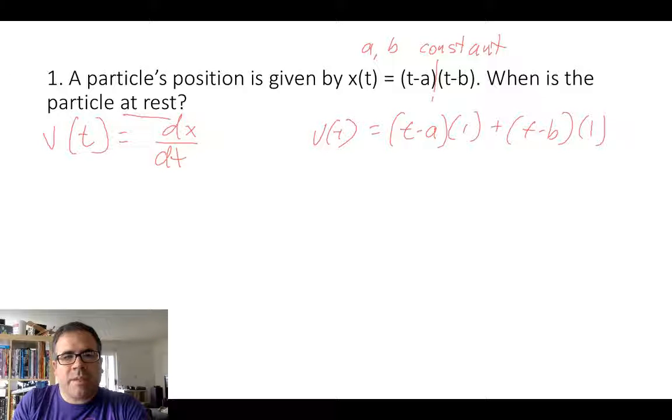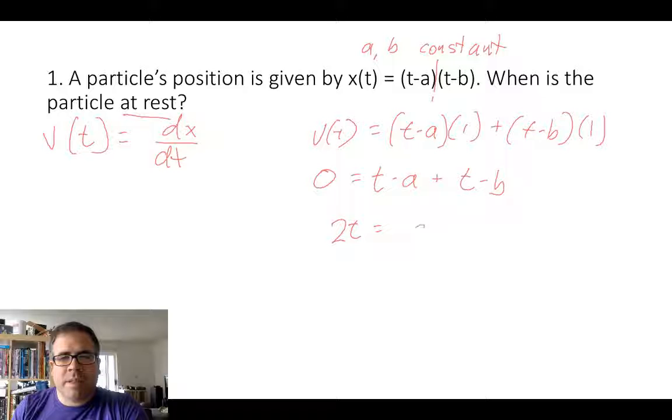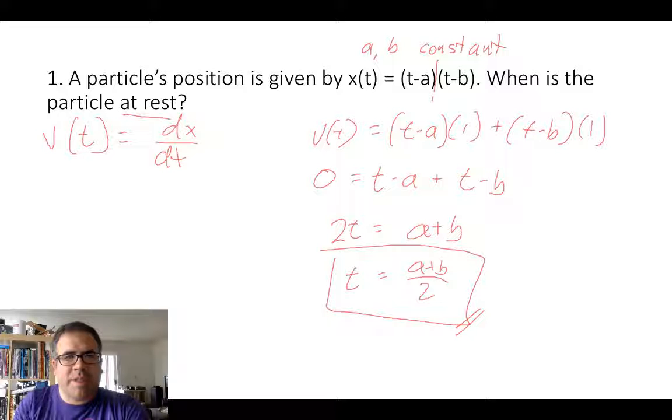So if we're talking about at rest, that means we want our velocity to equal 0. So 0 equals (t minus a) plus (t minus b). A little bit of algebra later, we get that 2t equals a plus b, or that t equals (a plus b) over 2. I really want you to solve this one in particular because it's saying when we need a particular t value, and it's going to be the average of the two